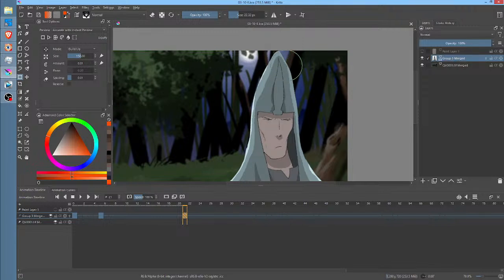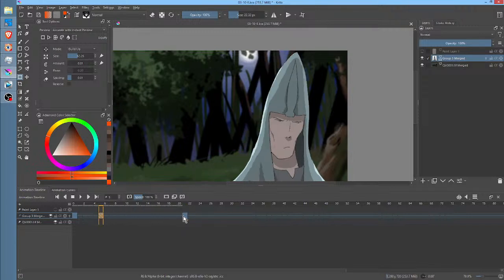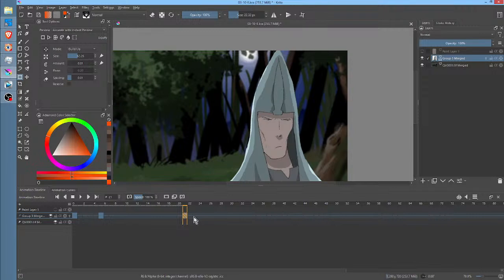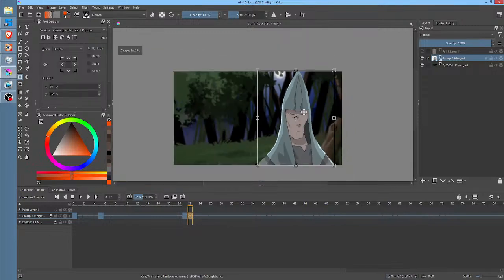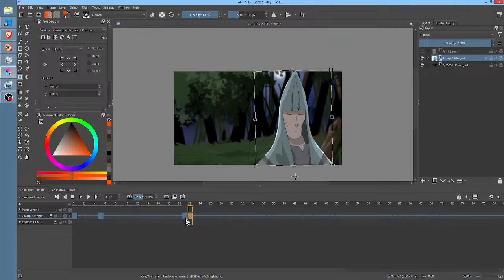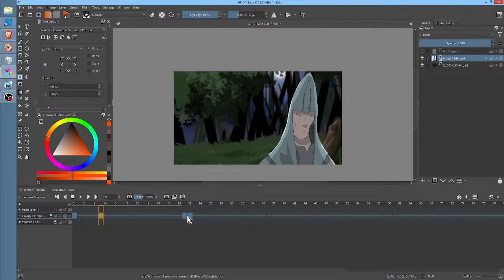And by the way, now Krita seems to be remembering my settings, which makes me very happy. That's all I ask for. Just remember my settings. Okay, so we got that and that. And the truth is, if I want to take this even further, the smartest way to do it would be just to do it with free transform. Just a slight shift. Like that. Liquify is not the only tool in the toolkit, and is definitely not always the right tool for the job.